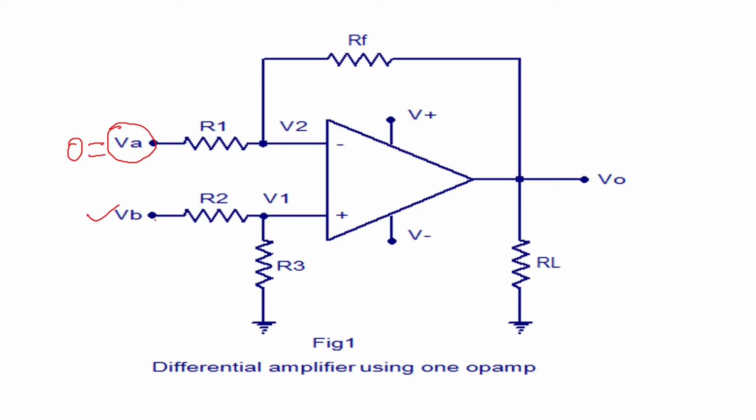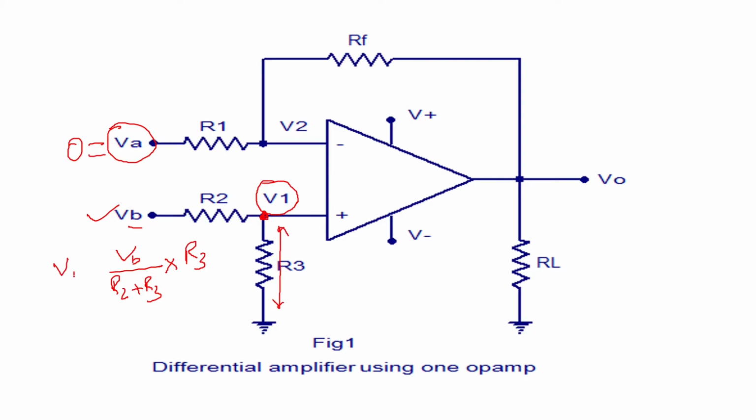Now, when VB is existing, what is the voltage here, which is called V1? Okay, so V1 will be VB. Now here the current will be VB upon R2 plus R3. This voltage and these resistances, if you take, you can find the current. Now that current multiplied by the R3 resistance is this voltage. So you will get this voltage, that is V1.